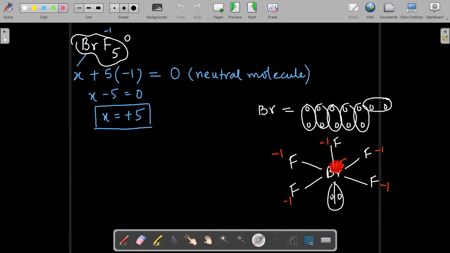But considering this structure, ये देखो, if I look at each Br, bromine and fluorine bond, हमने क्या बोला था, याद करो, bromine is an halogen, बट व्हेन ब्रोमीन इज प्रेजेंट विद फ्लोरीन और ऑक्सीजन, इनके कौन से स्टेट्स आ सकते हैं? पॉजिटिव। क्यों? बिकॉज फ्लोरीन इज मोर इलेक्ट्रोनेगेटिव, तो ये आपने क्या कर दिया? -1। यहाँ इस बॉन्ड के लिए ब्रोमीन क्या हो गया? +1। सो इस बॉन्ड के लिए भी ब्रोमीन इज +1, इस बॉन्ड के लिए ब्रोमीन इज +1 +1 +1, टोटल ब्रोमीन कितना आ गया? +5। सो दैट यू हैव कैलकुलेटेड हियर आल्सो। तो यहाँ से जो आपने नंबर कैलकुलेट किया वो भी 5 आ रहा है, जो स्टेट कैलकुलेट किया वो भी 5 आ रहा है ना। फॉर अ सिंगल एटम इफ इट इज प्रेजेंट, हमारा स्टेट एंड नंबर कम्स आउट टू बी सेम।